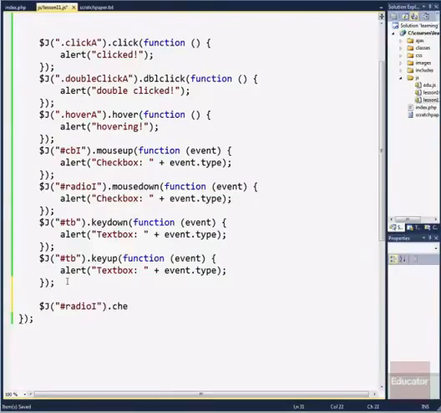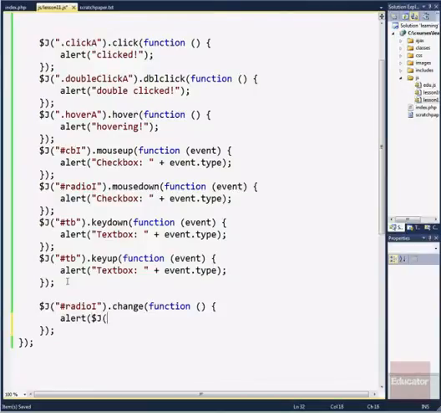But we can check if the radio thing has been changed, whether the state of it has been on or off. We can alert